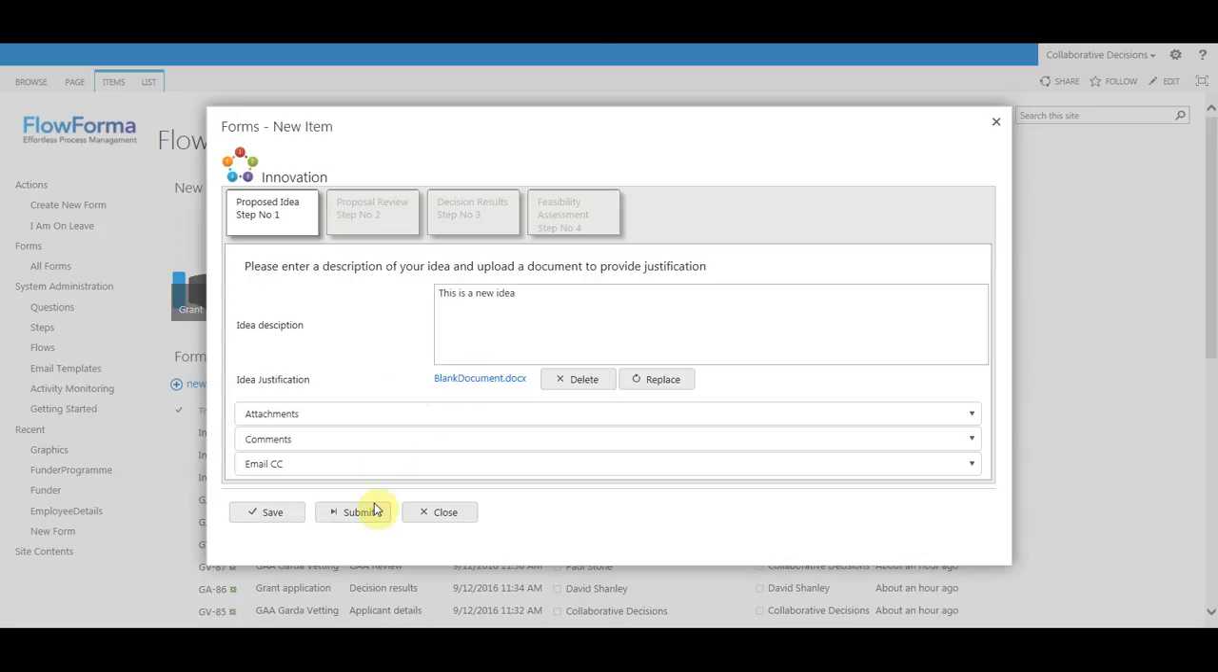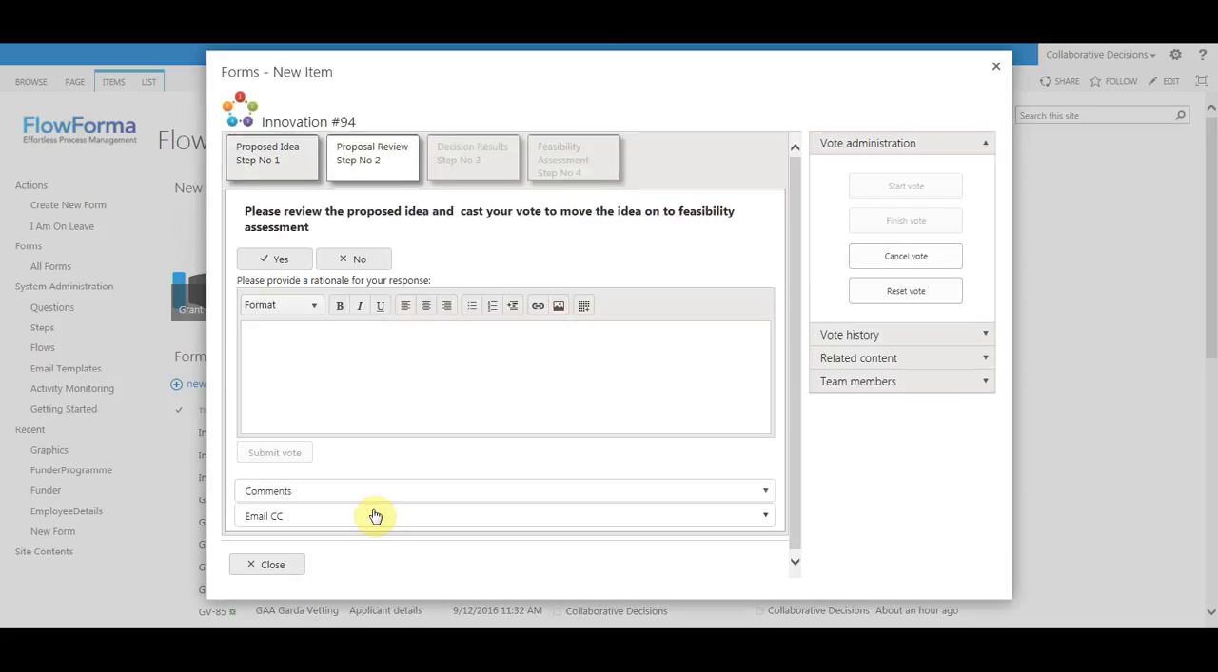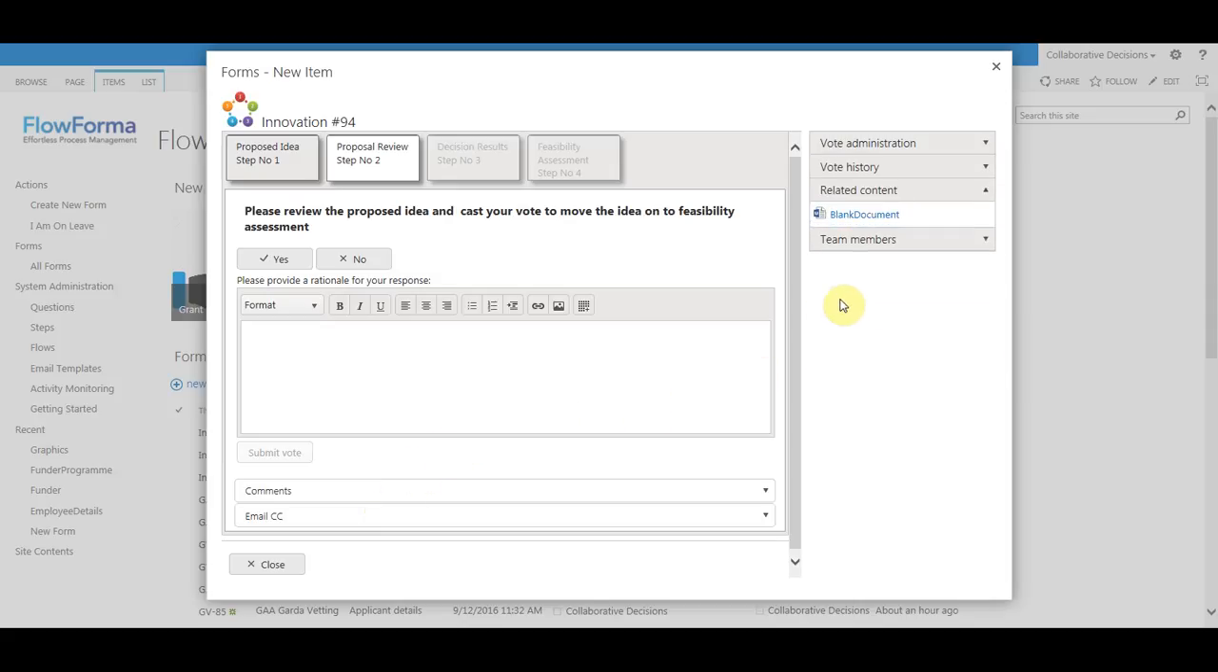The second step allows the user to review the details of the idea and cast a vote. There are a few things to say about this particular step. The side panel visible to the right allows me to review related content. Here's a document that I uploaded. It also lets me look at vote history. No votes have been cast yet. And the team members. These are the voters who need to make a decision as to whether to progress or not. My user is also set up as a vote administrator so that they have access to the administration panel